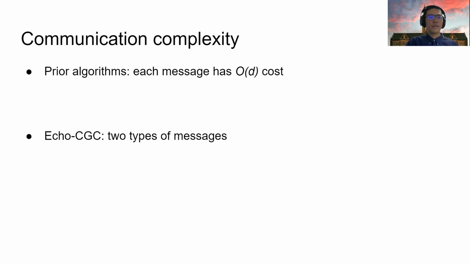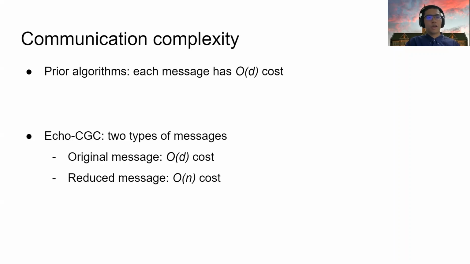On the other hand, our algorithm does not require all workers to broadcast the full gradient. Once a worker meets some echo condition, it can instead return a reduced message whose order is about n, where n is the number of the workers, and it is far less than D. In practice, n is about hundreds.